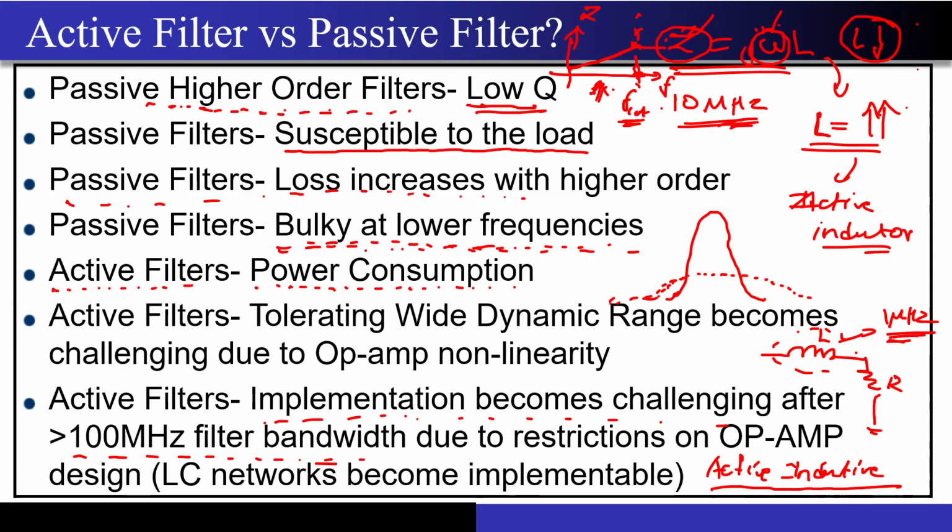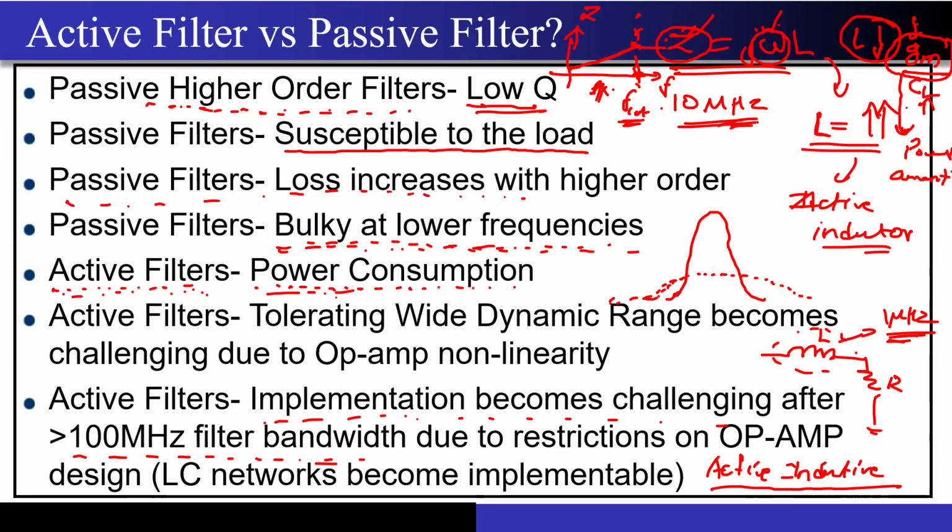If you take a simple differential pair, its unity gain bandwidth will come out to be Gm by CL, where Gm is the transconductance of the active circuit and CL is the load capacitor. What you can see here is that if you want a higher unity gain bandwidth, the Gm of the circuit has to be increased. To increase the Gm of the circuit, you have to burn more power or more current. Correct? So that is why I was saying that if you use active filters and your application demands a higher bandwidth, your power consumption is just going to go up.